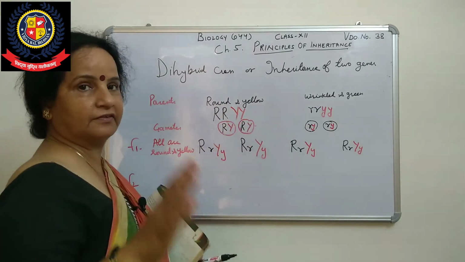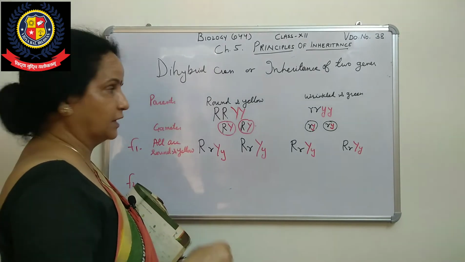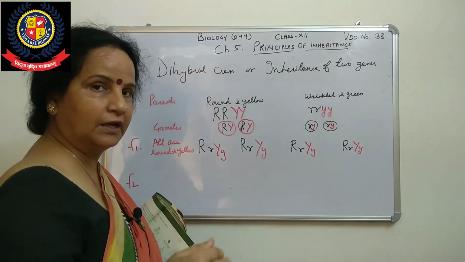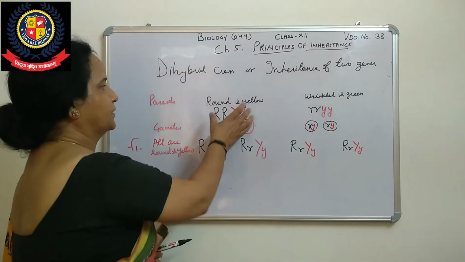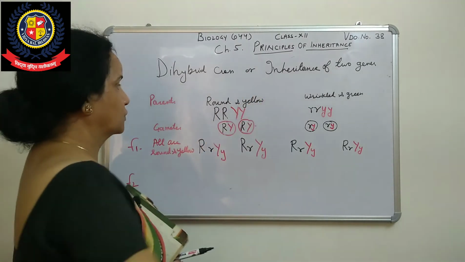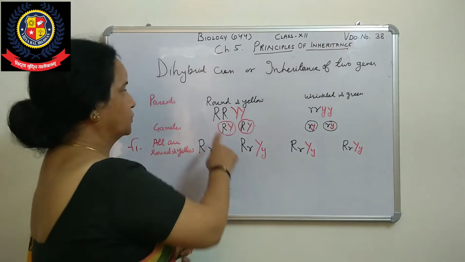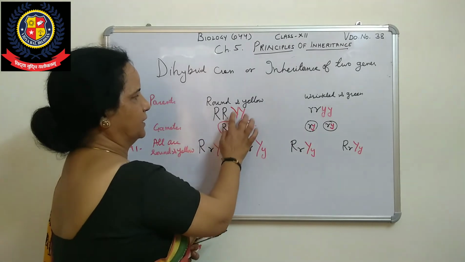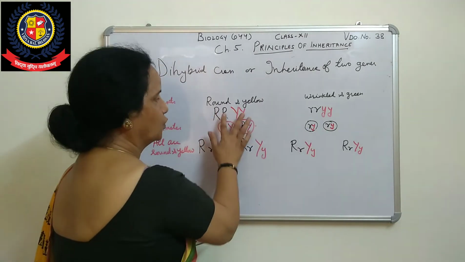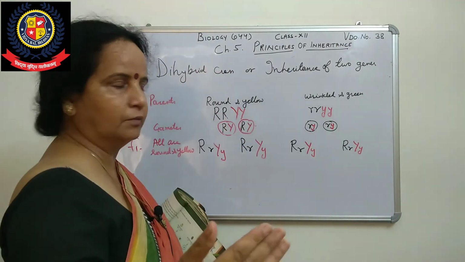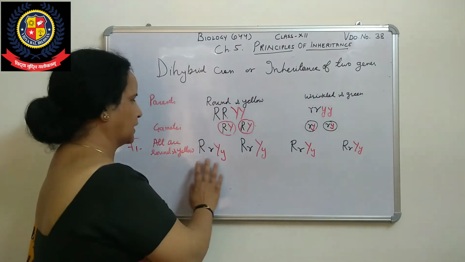Both are dominant. The seven contrasting traits or characters were chosen by Mendel after several generations, and that is called a pure breeding line. After that he had got these stable traits. Now we will see how the genes behave, because you know the law of segregation: both genes, no blending. In one pair one will be there, in the other pair one will be there. So we have two genes, one gamete. In the F1 generation we are getting all round and yellow.